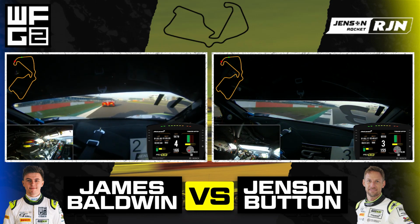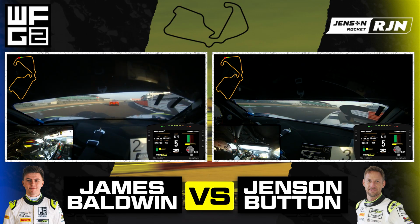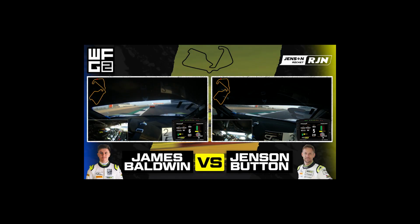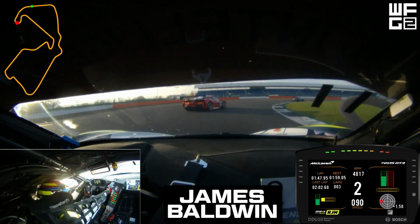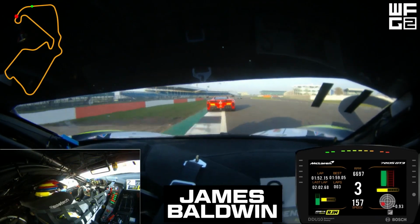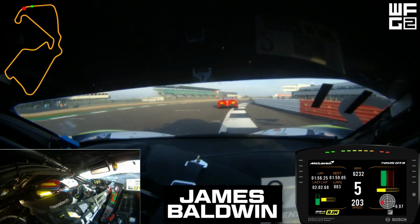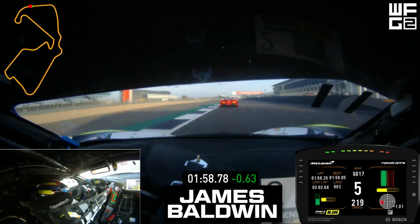the world. And then finally, the run to the finish line, I do get a cheeky tow from the Ferrari GTC car in front, but, and I'm not even kidding you, I got absolutely squat from that slipstream. And I saw the Ferrari in front, I was like, right, here we go, I'm going to get half a tenth, maybe a tenth. But I got nothing, so yeah, not ideal. I think I just lost a bit of time through Luffield really, but overall I did a 1 minute 58.78